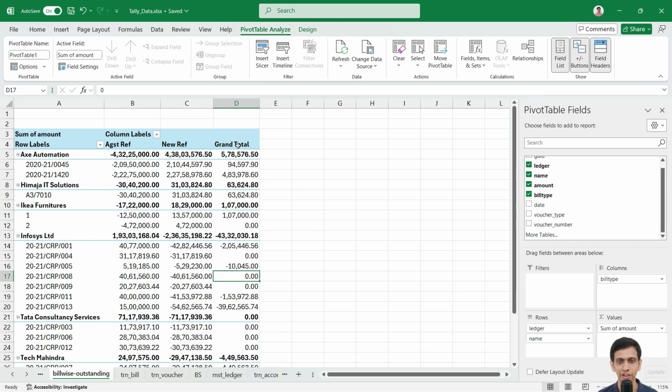So you can always filter out on the grand total. You can copy paste this data, nicely arrange, like new reference you can shift to the left, and against reference you can shift to the right, or maybe you can name them invoice amount and settled amount. Okay, something like this. But this way you can always play with the pivot and try to deduce things. Okay,